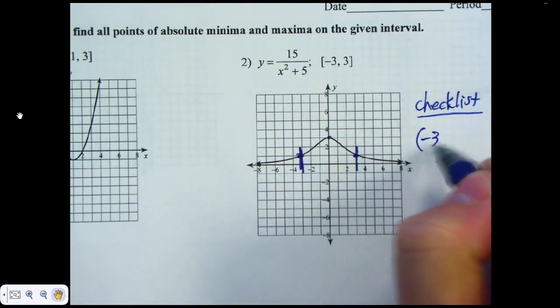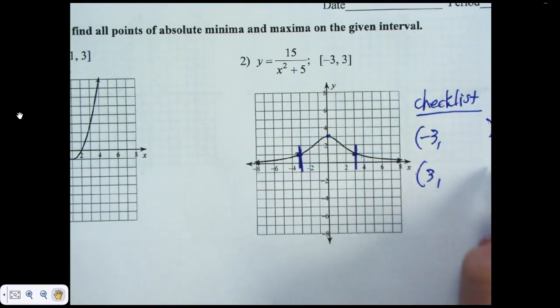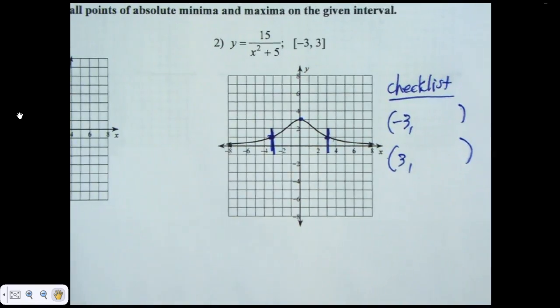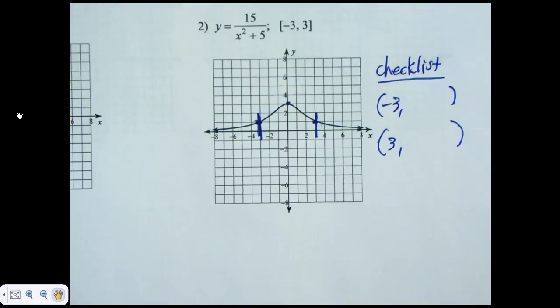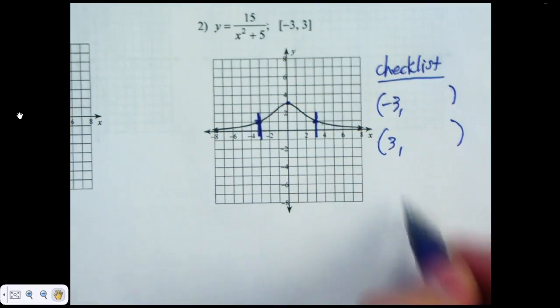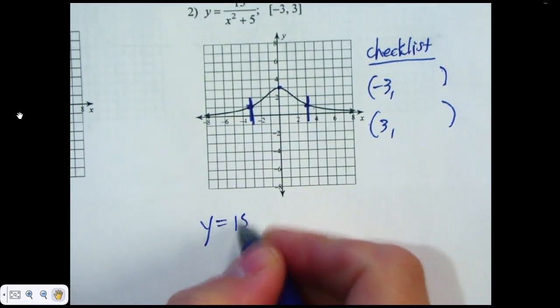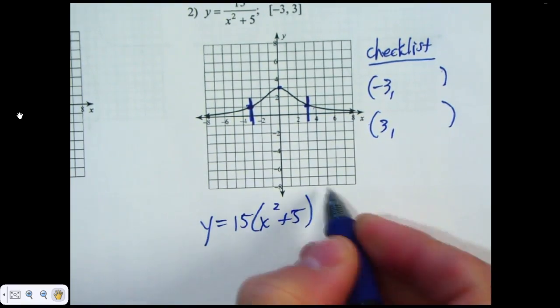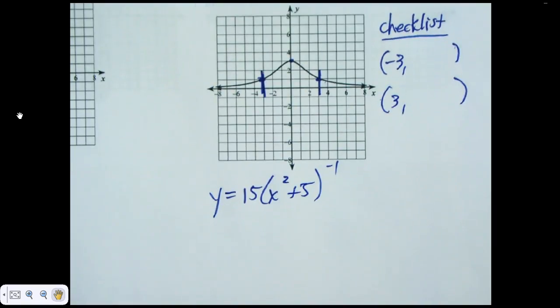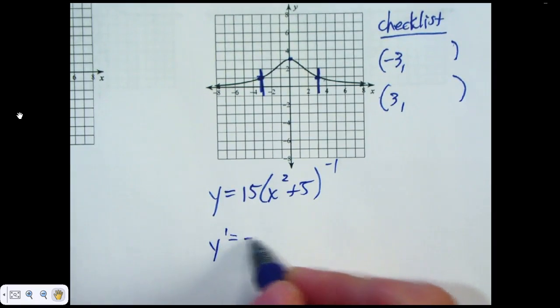I'm going to check -3 and find the y value. I'm going to check 3 and find the y value. And what other types of points do I have to consider? I have to consider critical points. So I'm going to have to find the derivative. So set the top and bottom of that derivative equal to 0. And any points I get from there will also go in this checklist. So take the derivative. You have your calculators. That's still totally fair. Totally fair game, so you're allowed to just type this in your calculator. I'm just going to do it by hand because I don't think I have enough batteries to work right now. But you are allowed to